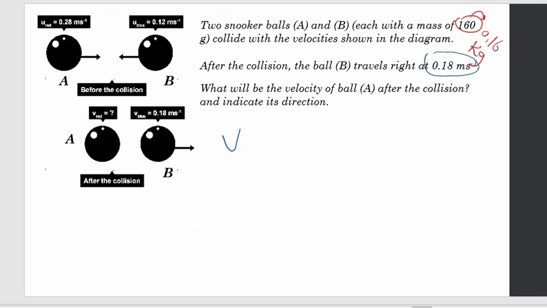If you finish up the calculations, you'll find that the V star for A is going to equal minus